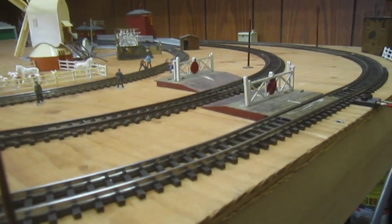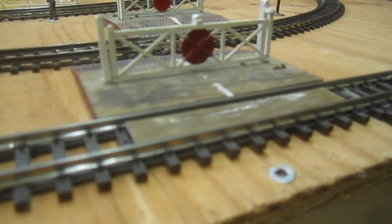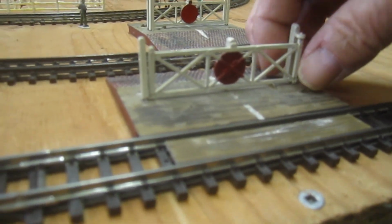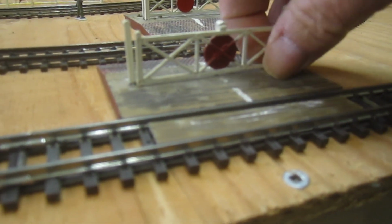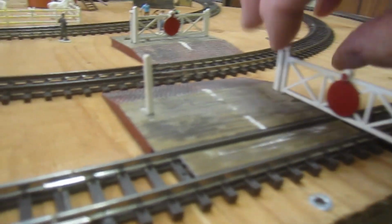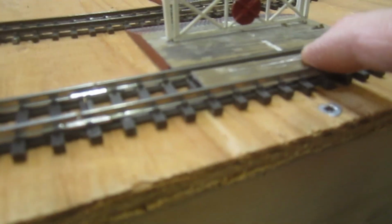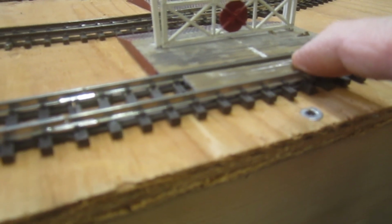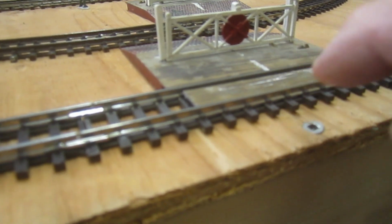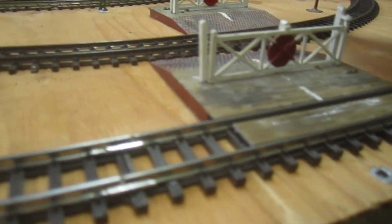I've got my Airfix crossing out. I can't set it up properly right now because I don't have the track configuration. Now, this I built as a kid. The gates do open and close. I've only got one of the track ramps at the moment, but there should have been 2, and there should have been a spacer to go in between the tracks. But anyway, there's the